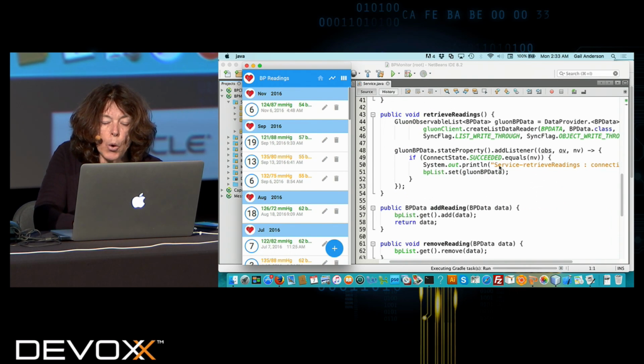changes. So we have to add a listener to the state property of the Gluon observable list to know that it's okay to access the data. And when the connection has succeeded, then we will bind the local list property to the Gluon observable list. And as Paul indicated, the Gluon observable list is a type of observable list. So in JavaFX, we can simply do the set, and then this BP list property will be updated with the